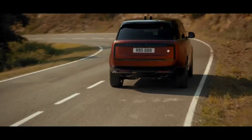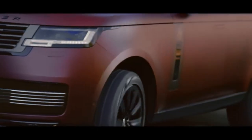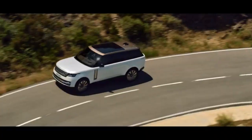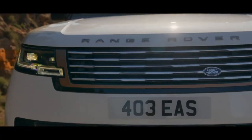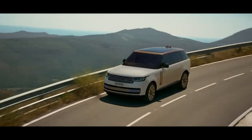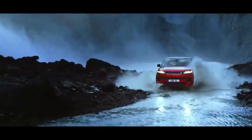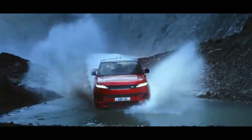The suspension tuning leans firm, and while that helps reduce roll during cornering, it undermines the plushness buyers associate with the Range Rover name. And that sportiness doesn't translate into better agility either. Through winding roads, the body control remains adequate, but there's noticeable float and pitch during transitions, reminding you of its 5,200-plus pound curb weight. The optional dynamic air suspension system, which is supposed to continuously monitor and adjust the ride